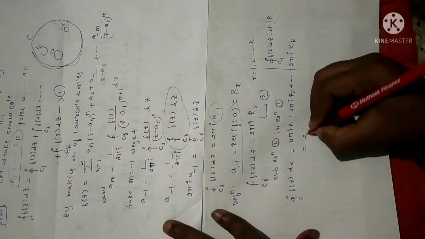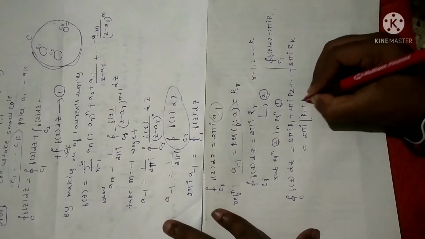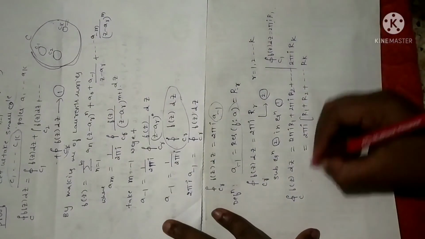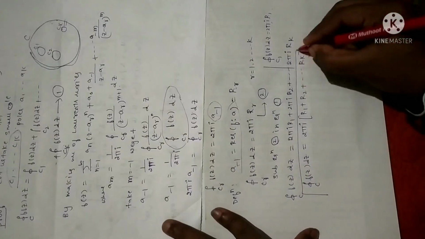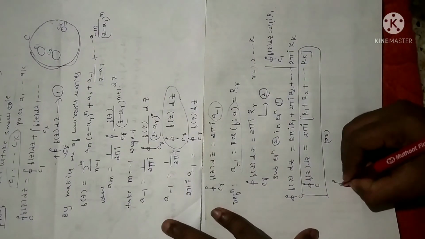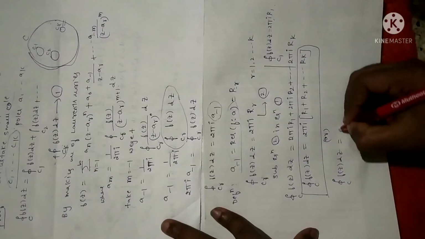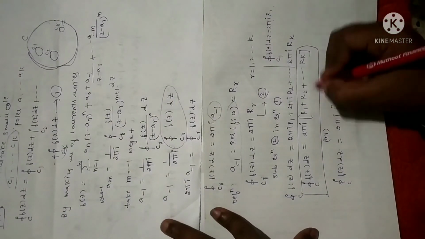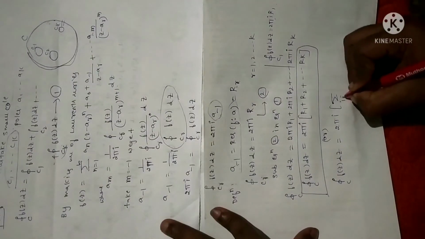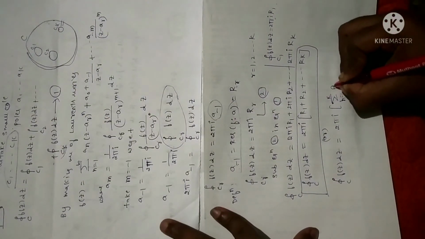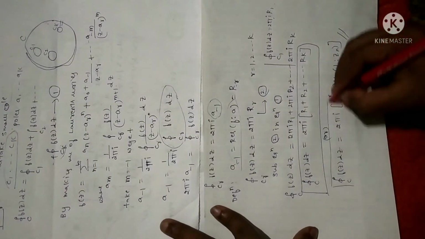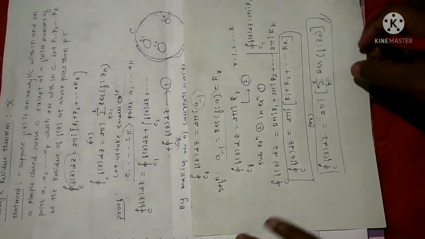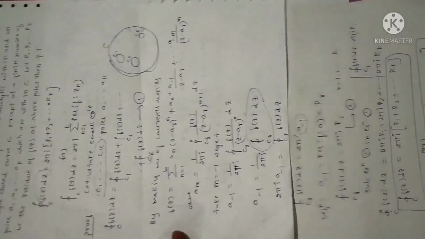Fine. Now what is the common term here? 2 pi i. So when you take the common term, what you are going to get? 2 pi i into R 1, R 2 plus so on R k. Integral over C f of z into dz. So this is one of the forms. Or else we can write this as integral over C f of z into dz is equal to 2 pi i into the sum of the residues, right? Sum is none other than summation n is equal to 1 to k residue of a function f with reference to z n. One and the same. And this is what Cauchy's residue theorem is that we need to prove. Clear? Hope this theorem is clear for you.